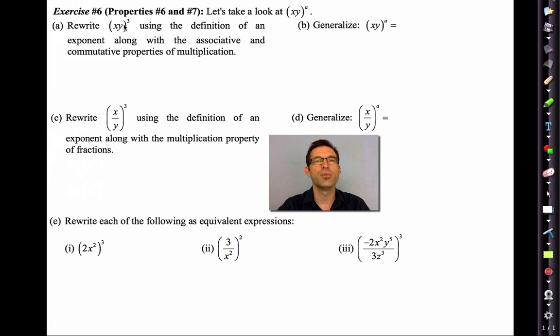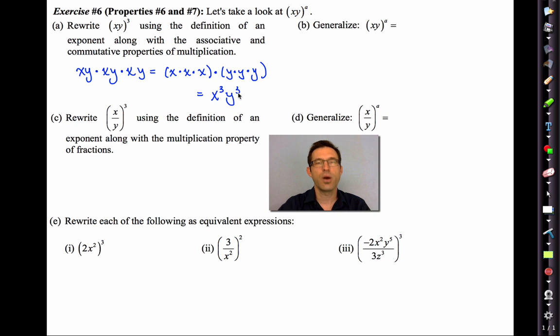Rewrite x times y cubed using the definition of an exponent along with the associative and commutative properties of multiplication. In other words, xy to the third would be xy times xy times xy. Simple as that. But because multiplication is associative and commutative, I can rearrange this as x times x times x times y times y times y, which means I'm going to have x cubed times y cubed. So what's the generalization? If we have xy to the a, we have x to the a times